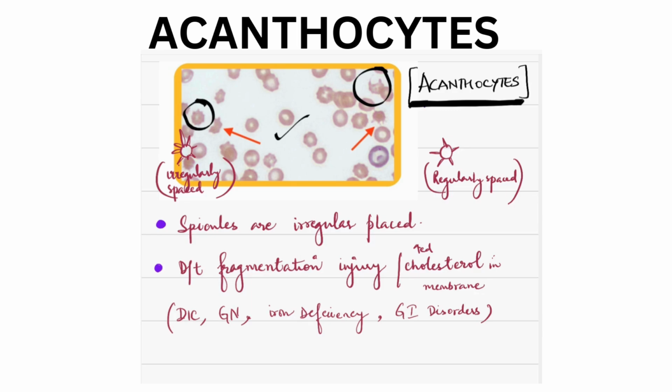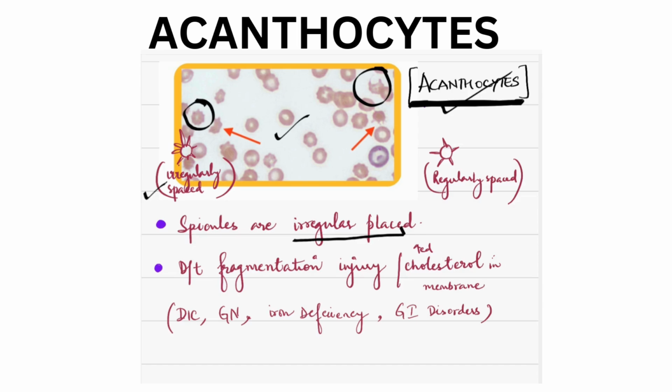Now, if it is irregularly spaced, then it is an acanthocyte. But if it is regularly spaced, then it is something else. So you have to see whether it is regularly spaced or irregularly spaced. Now in this you can see that there is no particular spacing that you can call uniform. Here and there, wherever they want, they are coming out as a projection. So these are acanthocytes, where spicules are irregularly placed,